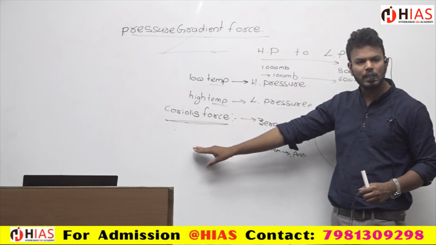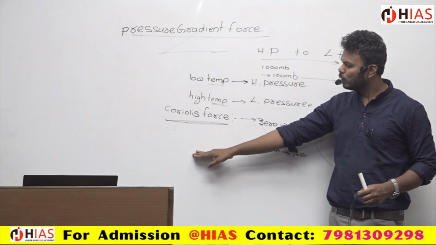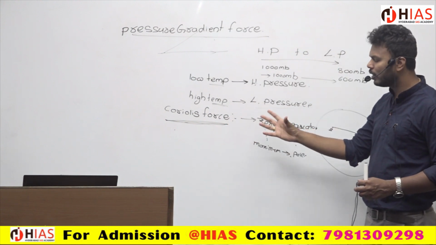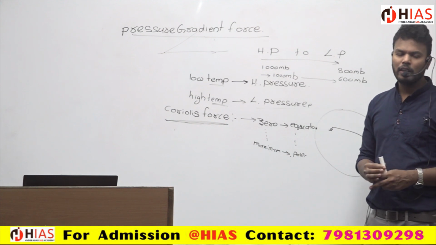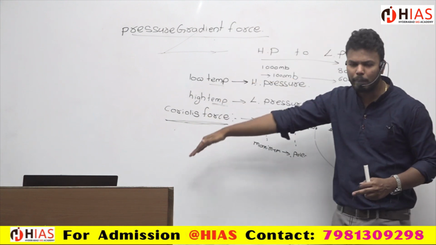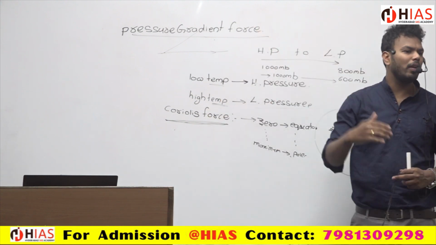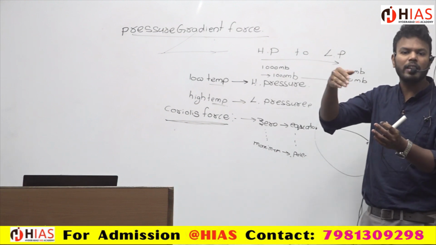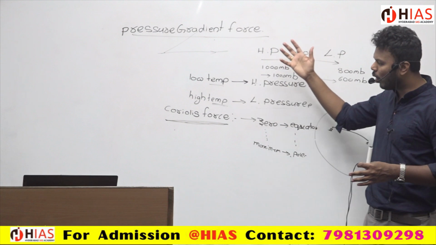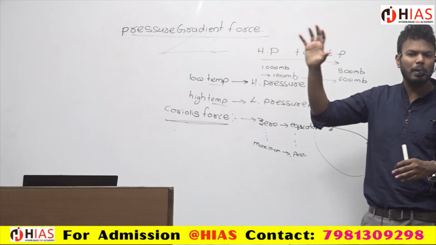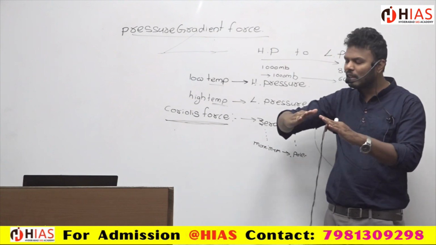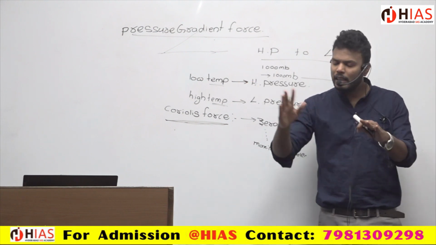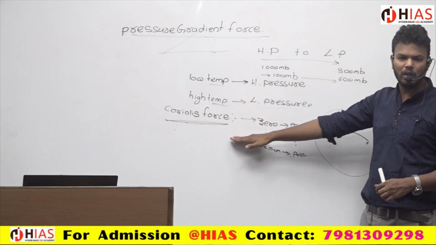So what is the Coriolis force? Because of the movement of the earth, a force can be experienced. Suppose a person wants to go to one place, but instead he ends up going to the other place. Why? Flying, while flying. Or an object which wants to go from one place to another, it travels in the normal direction, but it is getting deflected in another direction. The deflection is because of the Coriolis force.